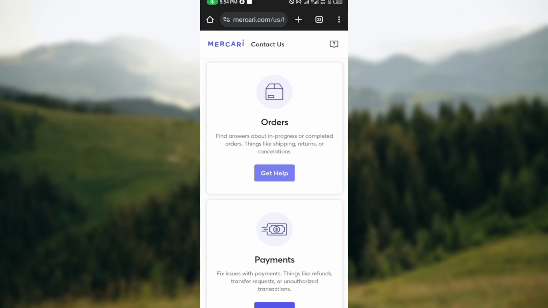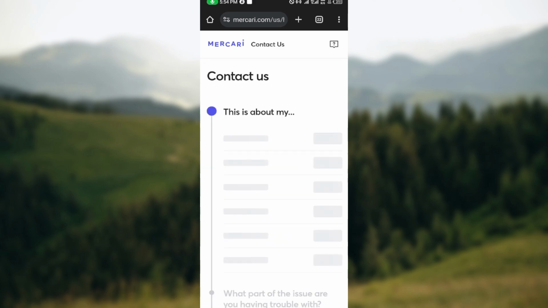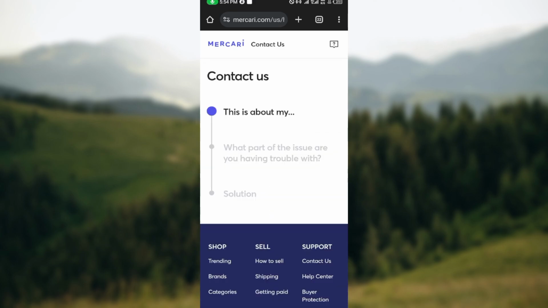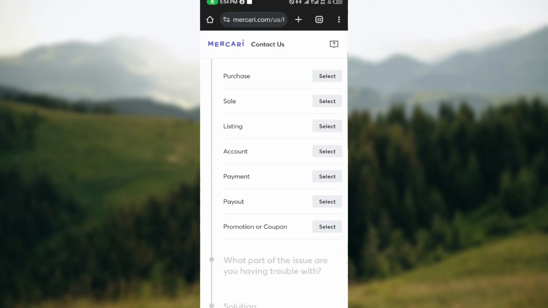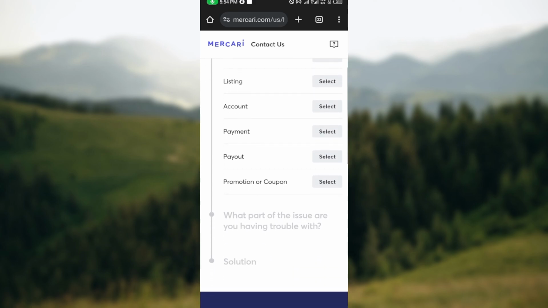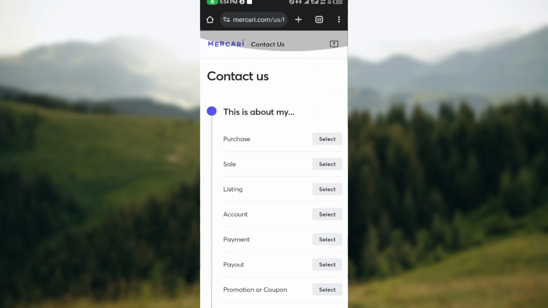For example, if it's about orders and you click on help, then you'll be brought to a page. You would also have to streamline your question to what you want and eventually you would get your solution. So this is how you can contact